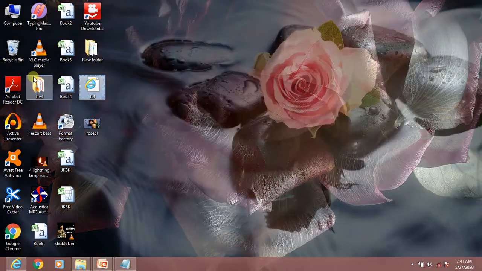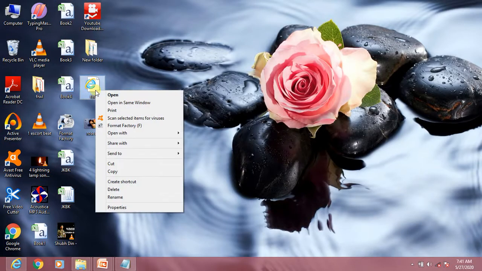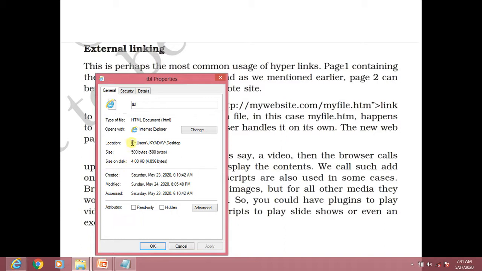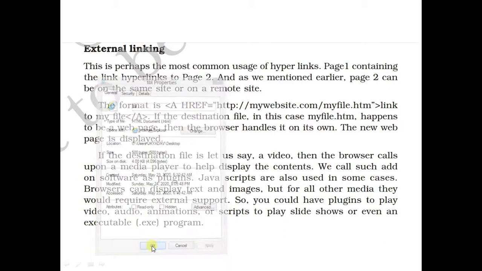For the complete location, we can right click the file, select the properties option, and here the complete location is given. Select and copy it, Control C, and then you have to write the file name .html.